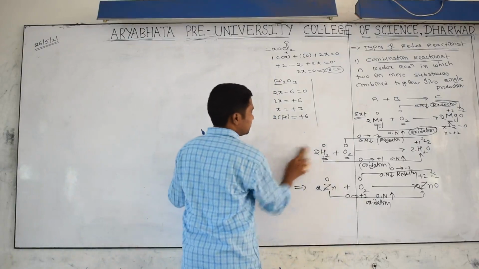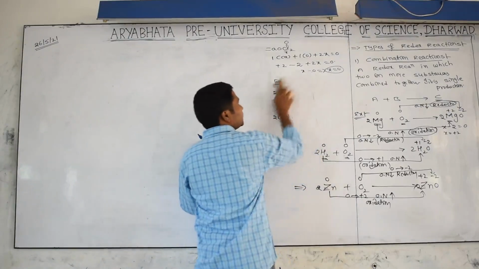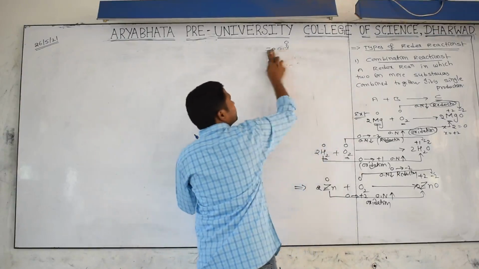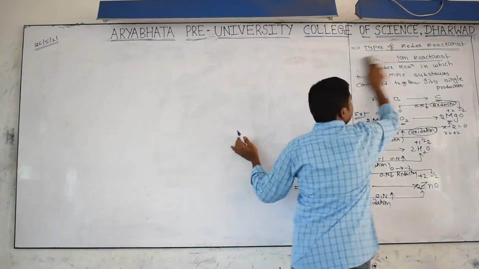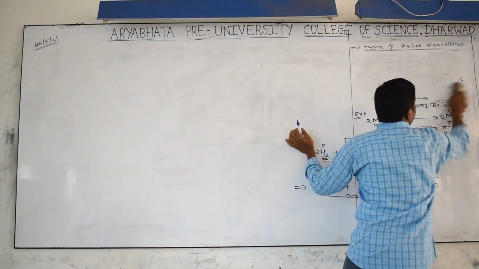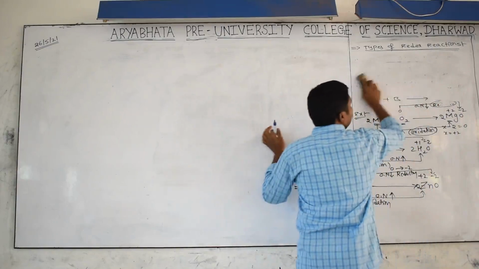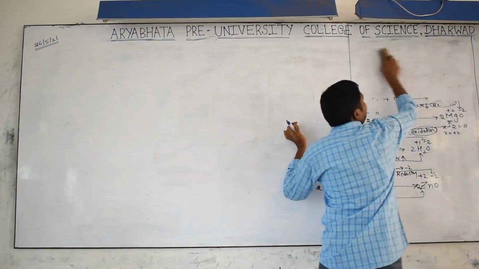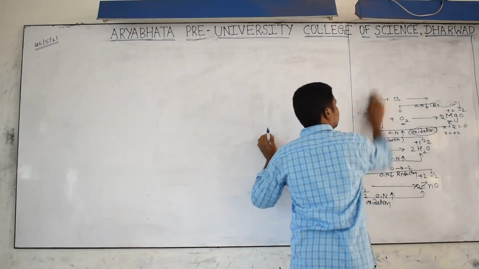See, I will tell you some other types of redox reactions. Actually, we have 5. The first one is combination. The opposite is decomposition. Decomposition means a single component splits down into more than one type of product. But it should be a redox reaction.